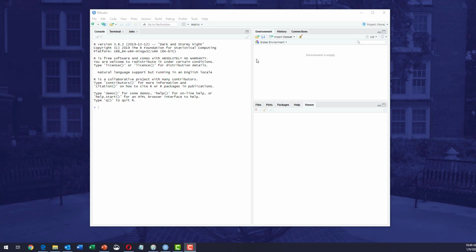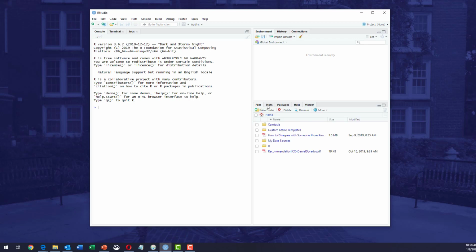So this portion over here is a window that shows objects, and it also has a feature where you can load data sets kind of easily. And it also shows previous things that you've done and connections if you have a live connection to a data environment. Down here, this window has a lot of different